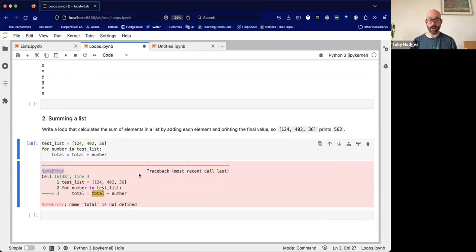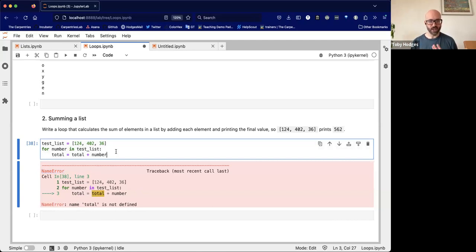You'll see these name errors, in my experience at least, most frequently when we mistype the name of a variable, and so Python looks for a name that doesn't exist because we've mistyped the name of one that does exist. But in this case, we're trying to use a variable that hasn't been defined yet, and so we get this error: name total is not defined. So what we need to do is